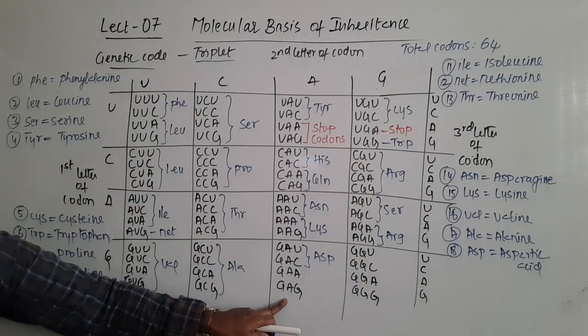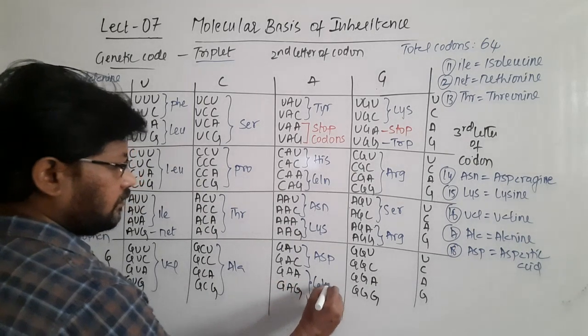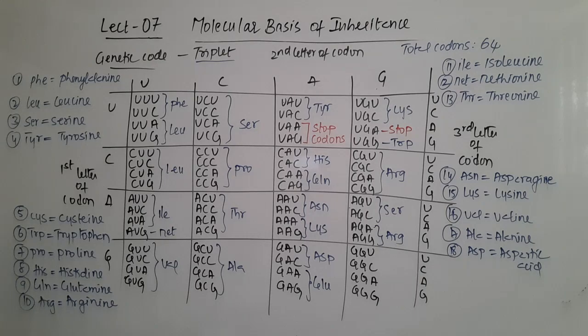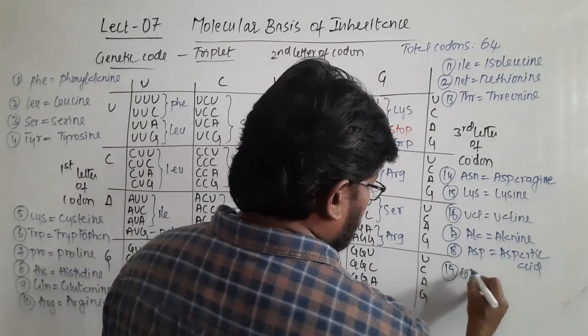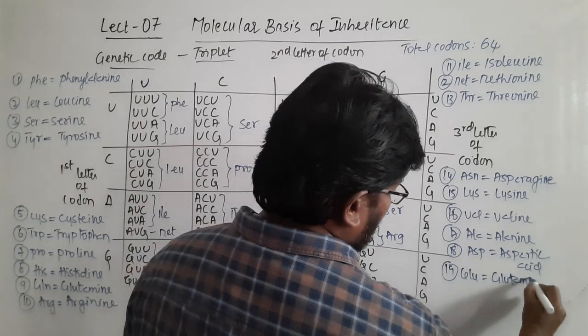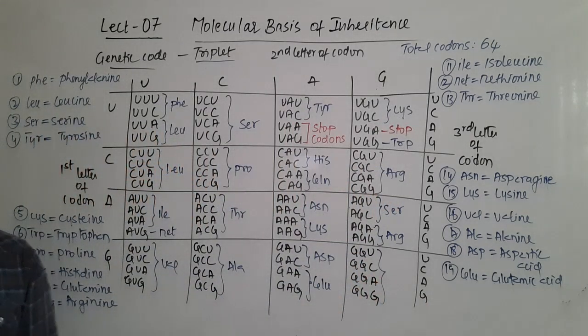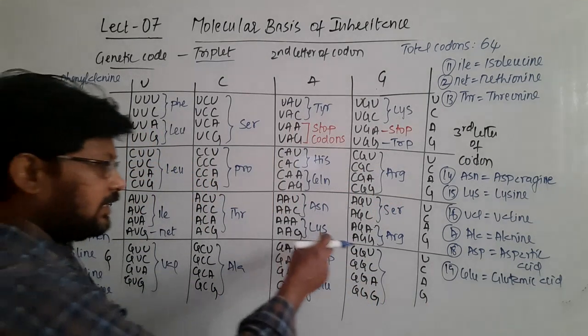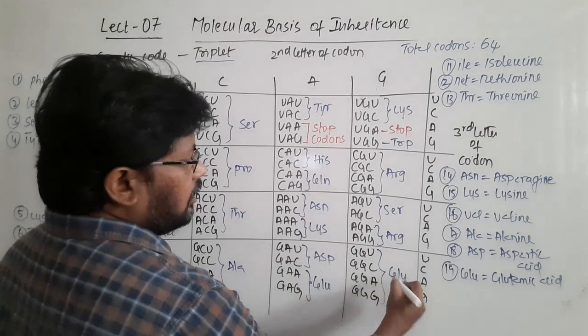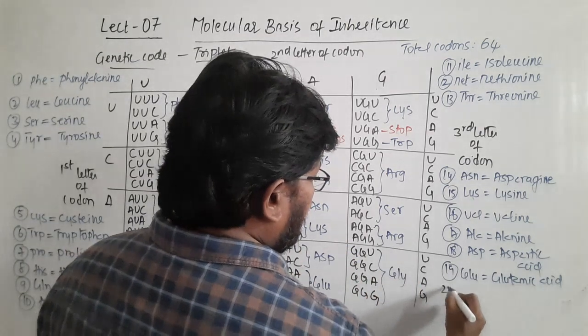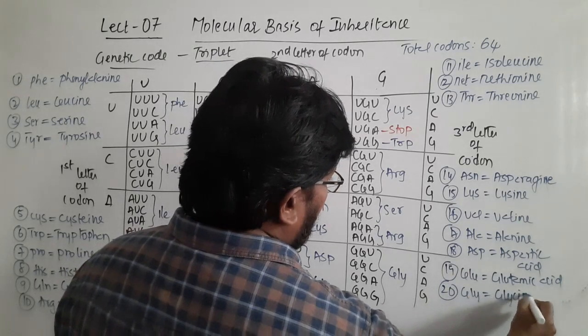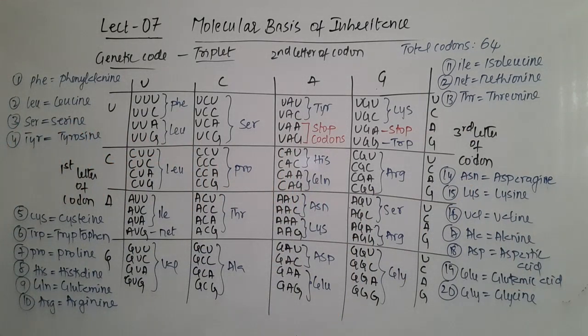And below these two we have, right, GLU, that stands for glutamic acid. So GLU is glutamic acid. And now here the last part of this genetic code, where we see all these codons will be coding only for one amino acid, that is glycine. So GLY is glycine. So you can see total we got 20 amino acids. Of course, the point is that one amino acid has more than one codon. Of course, later I will discuss the properties of the genetic code,